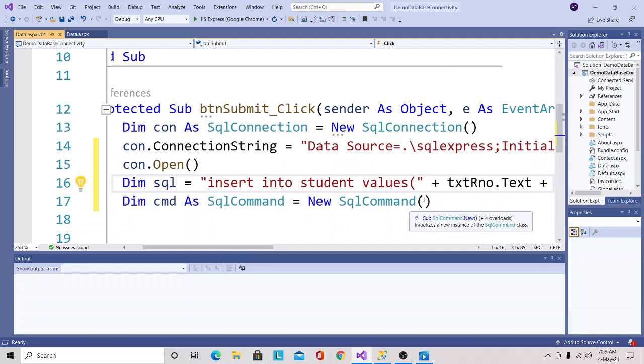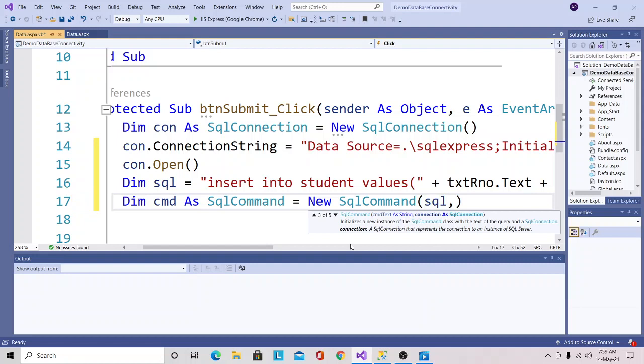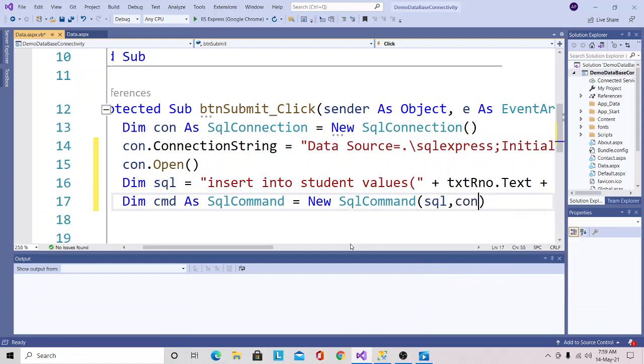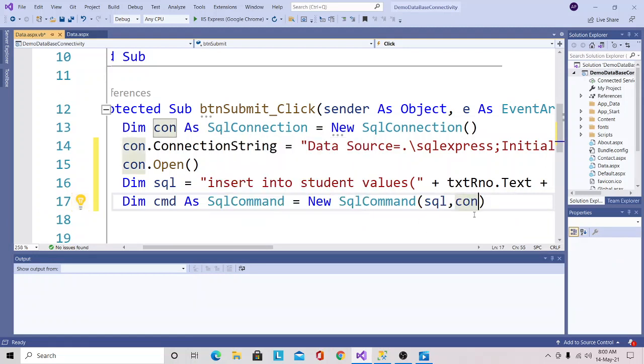Now here, to the constructor of SQLCommand, I will pass two parameters. My first parameter is the SQL query that I have stored in the SQL variable, and using the comma separator operator I will pass the con variable, which is the connection variable for the SqlConnection class.